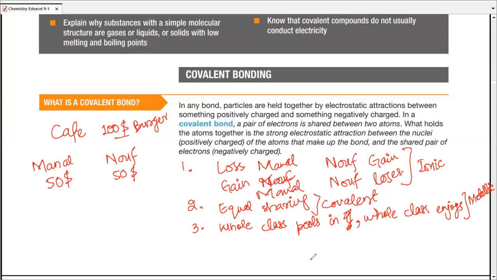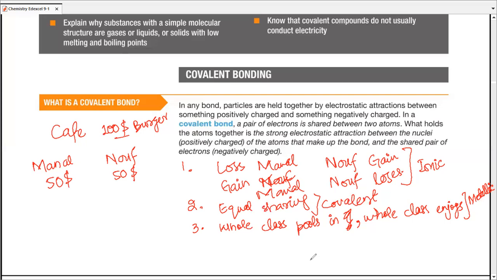So, what happens? Manal, even after they have agreed on an equal sharing, actually tries to keep the bigger half and succeeds by giving her an angry stare. You can't do anything to me. I'm going to keep the big piece and enjoy it. This is one of the scenarios that you might face in life. I hope that doesn't happen to Manal and Nov, since this is just a filmatic scene that I'm coming up with. But let me tell you, this kind of bonding does exist.